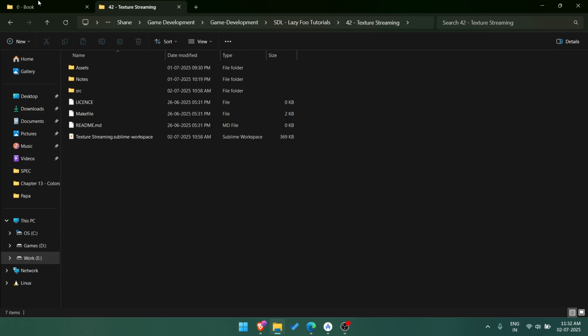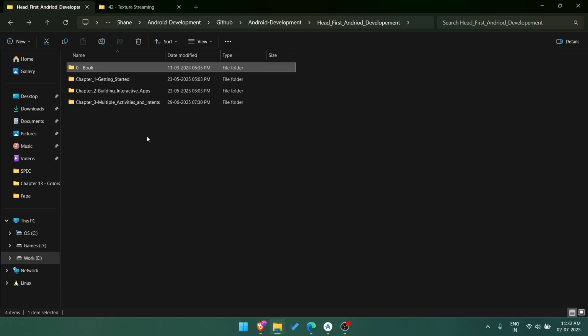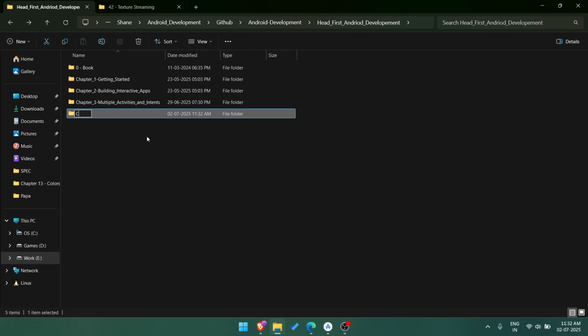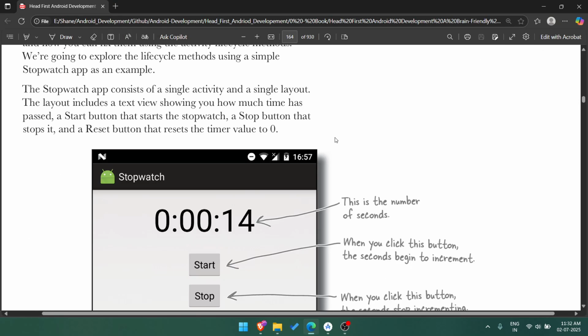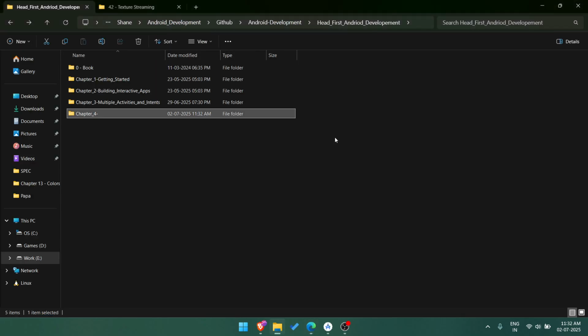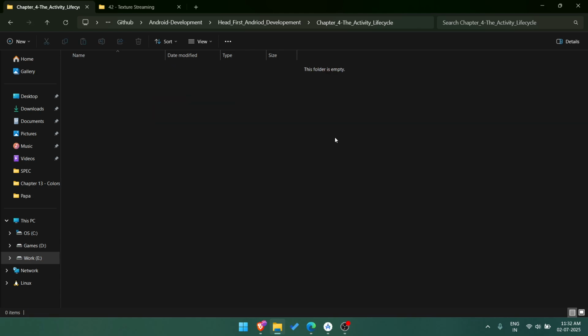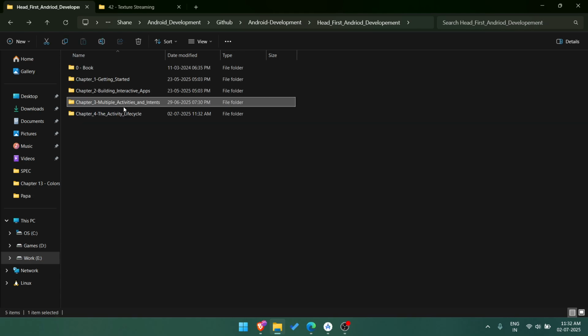I think I should create a new chapter. Chapter 4, activity lifecycle. What's the name of the chapter? The activity lifecycle. Yes. The activity lifecycle. And then